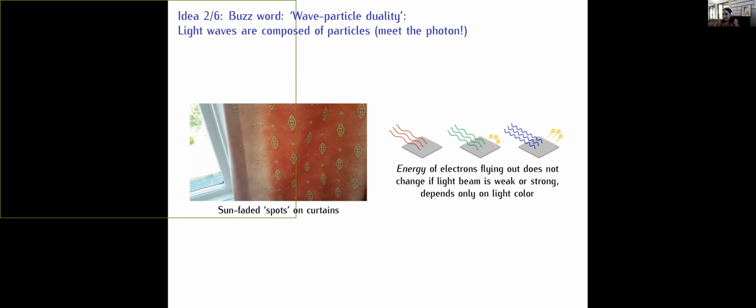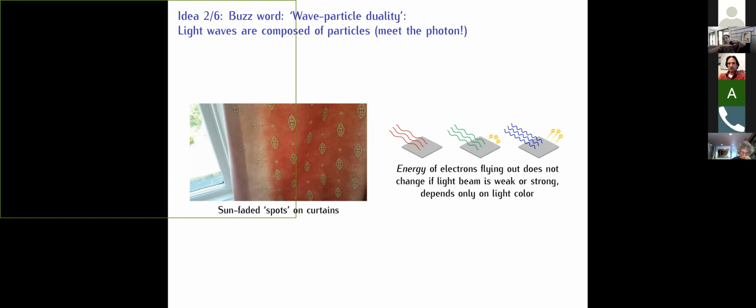And what was observed in the beginning of the 20th century was that the energy of the electrons, actually, so here's what happens. Here's the observation. If you impinged light on a metal surface, sometimes under certain circumstances, electrons were ejected away from the surface. Okay? And people noticed that the energy with which the electrons were flying out does not change if